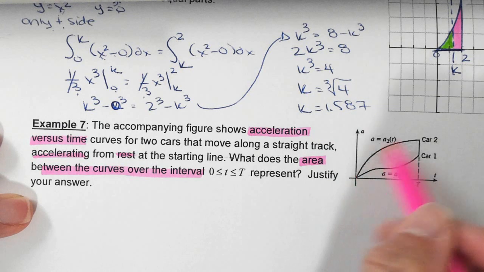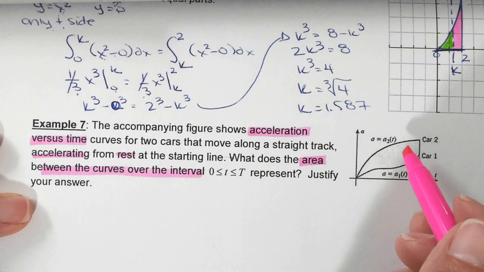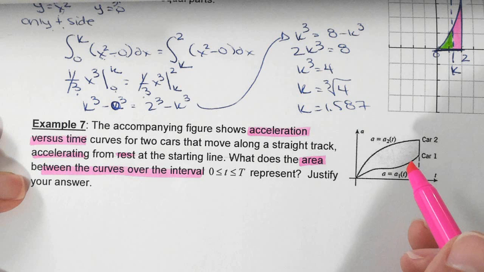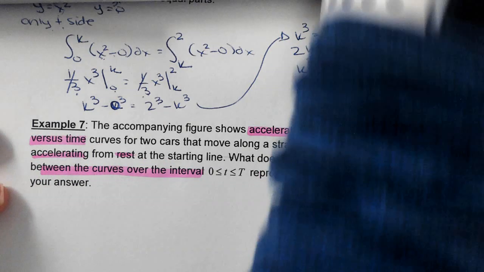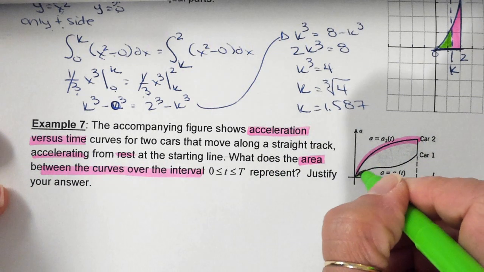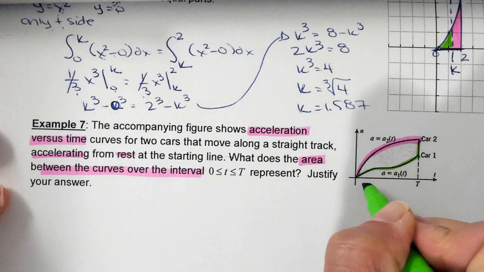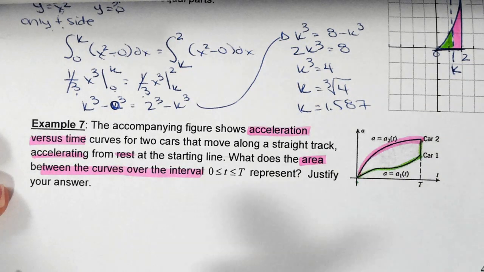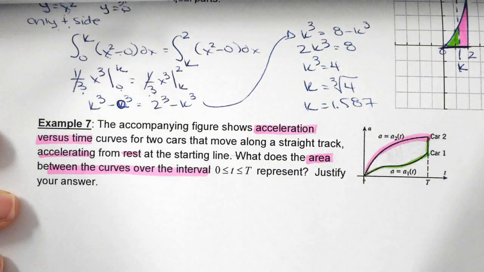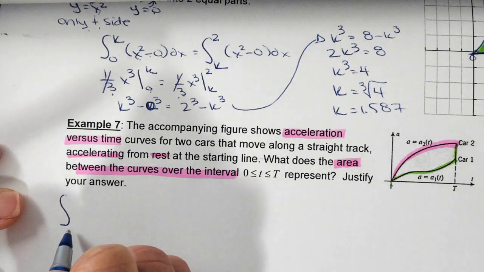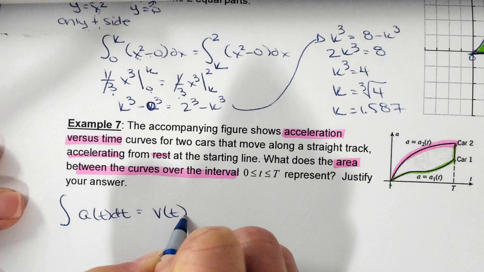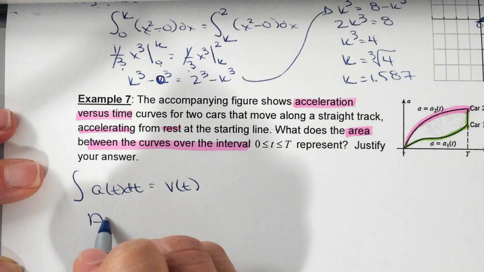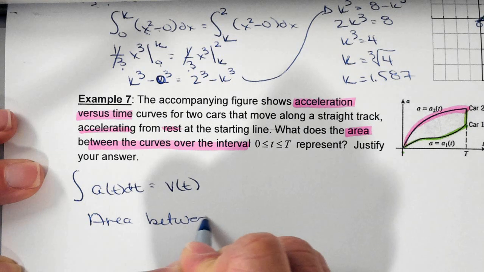First of all, if I find the area between the two curves, I'm integrating acceleration, which in this case would give me velocity. So what we have here is car number 2, and we have car number 1. This is my lower bound, which is 0, the starting line, and t is my upper bound. If we integrate the area under the curve, which is the acceleration, this is actually going to give us the velocity. So the area between the two curves